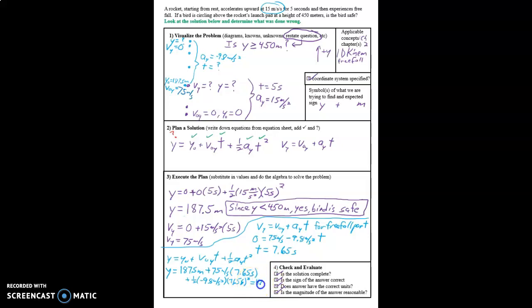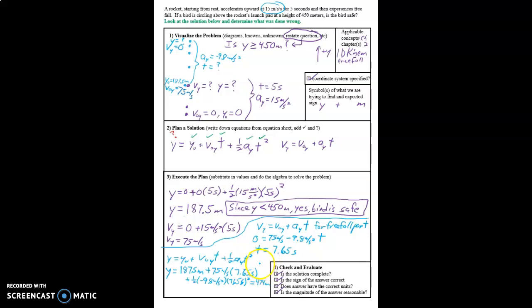and then we get a number of 474 meters. And one mistake that students sometimes make is they'll take this 474 meters and then they'll add 187.5 to it. But that has already been done. We put the 187.5 here. If we had chosen this to be 0 and we get a number here, then we would add the 187.5 to get 474. But 474 is the final height, or the maximum height rather, and that's higher than 450,